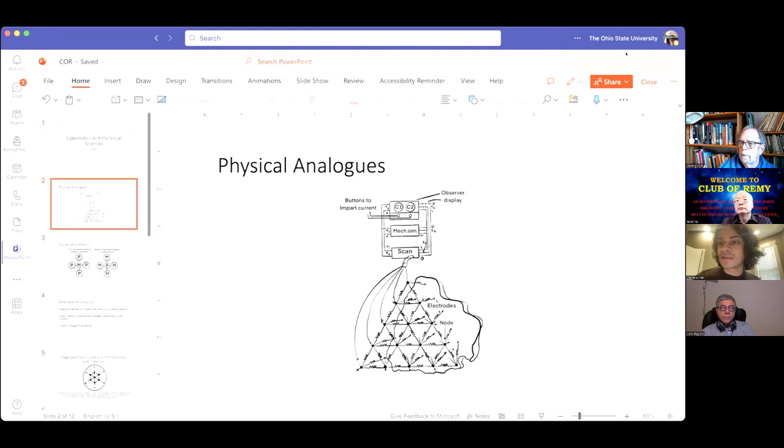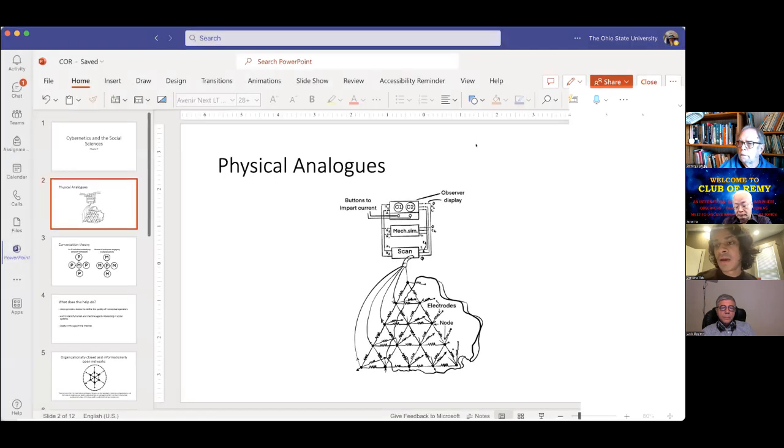So I want to start with Pask's first presentation, of course, the physical analogs to the growth of a concept, which became the metaphor that he used to understand contagion in social networks, where he attached a thermally sensitive resistance to electrodes dipped in a solution and saw that reinforcing the system with current allowed the current to flow through the nodes in that system in a more or less equal fashion, depending on how you modeled it, right? And he said that you can replicate this process in social systems to some degree, except you must understand